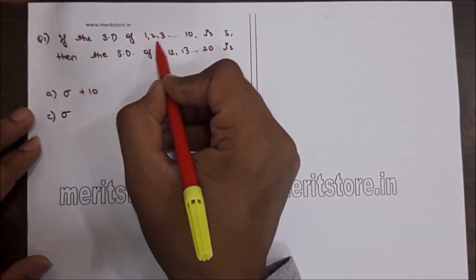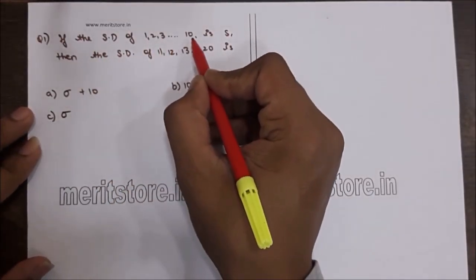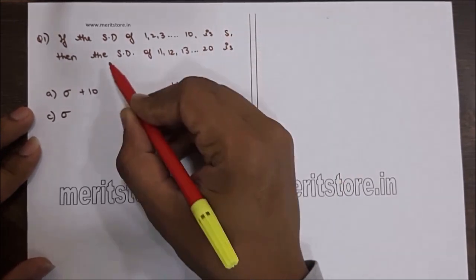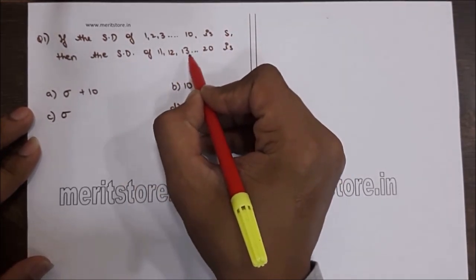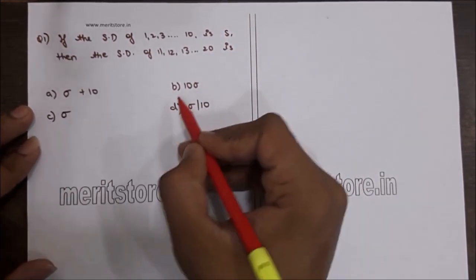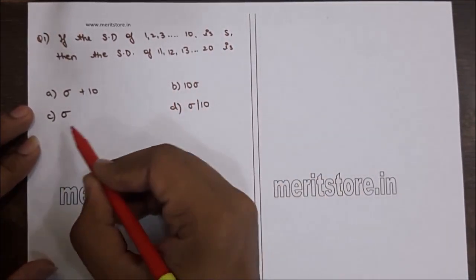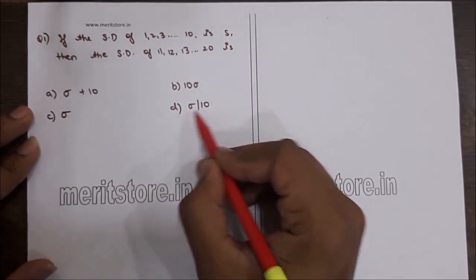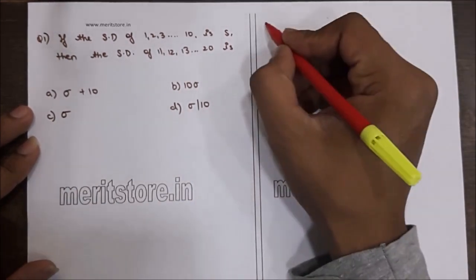If the SD of 1, 2, 3 till 10 is sigma, then the SD of 11, 12, 13 till 20 is: option A sigma plus 10, option B 10 sigma, option C sigma, option D sigma upon 10. The solution is,